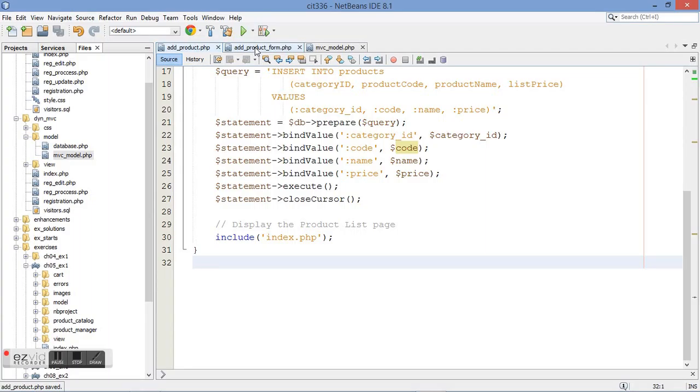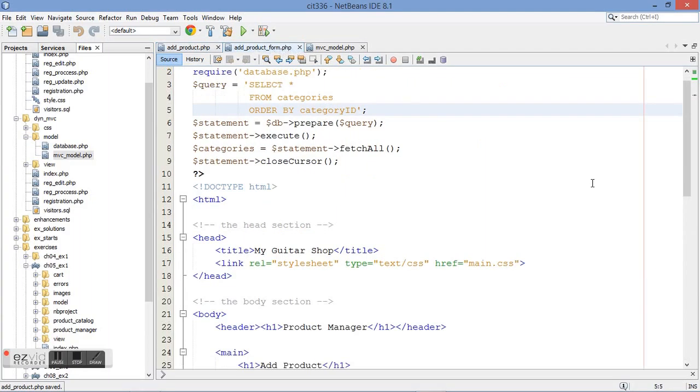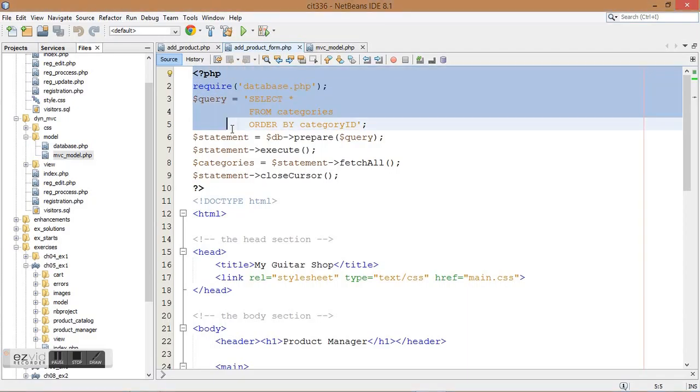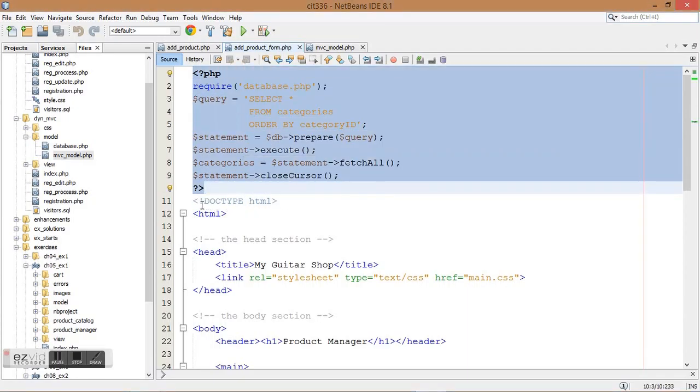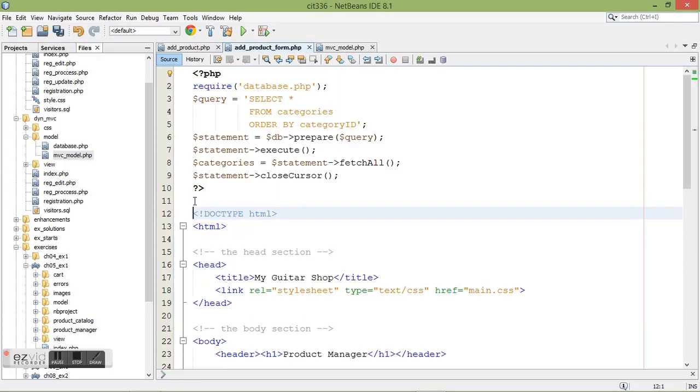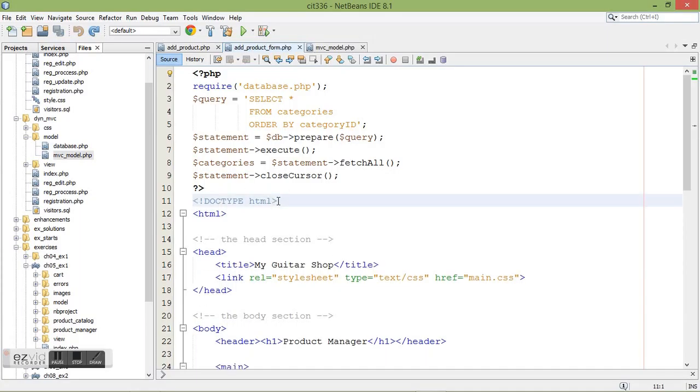perfectly fine. If we come over here, we have the PHP code block at the top, and then we have our HTML code right below. When you have this, you want to make sure there are no spaces between the ending PHP and where you start your HTML code. If I have a space like this in between, it won't run correctly and there will be an